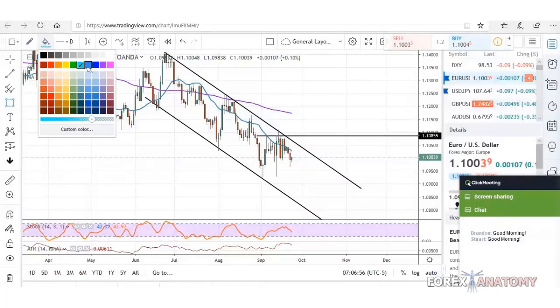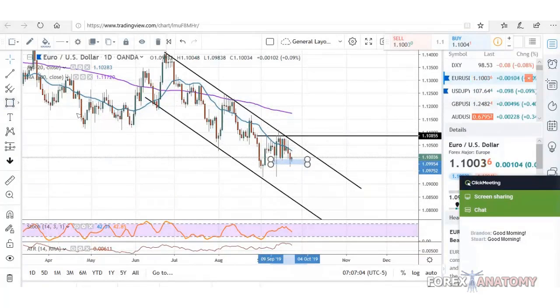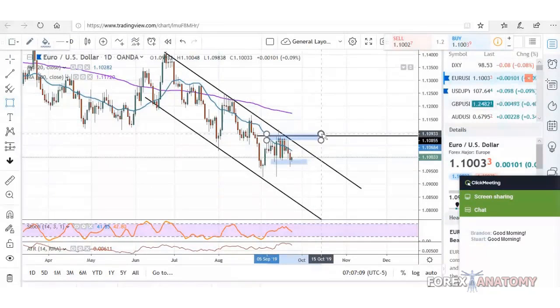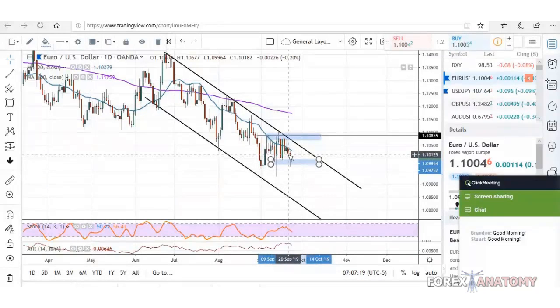Let me just draw this in right here. We can pretty much say that from here to here has been the range, and then also up here from here to here we've been having this range. Price has really been trapped within this range over the past few days on this particular pair, making it kind of hard to predict what's